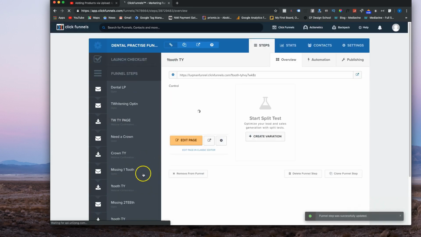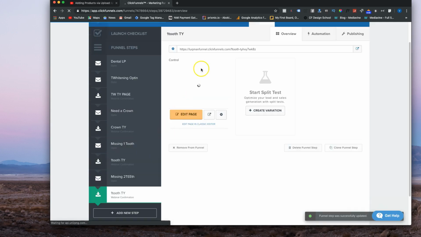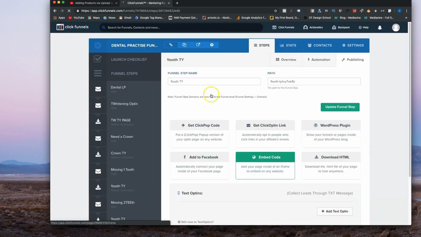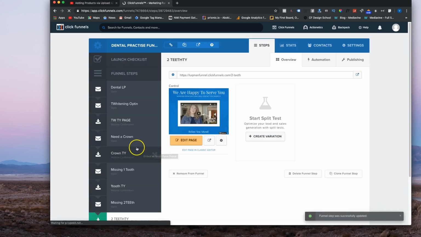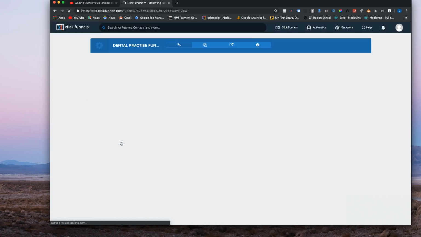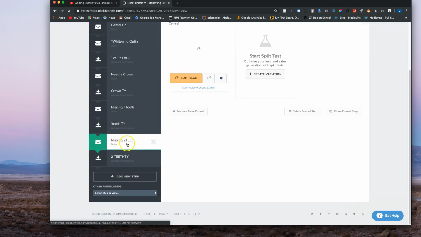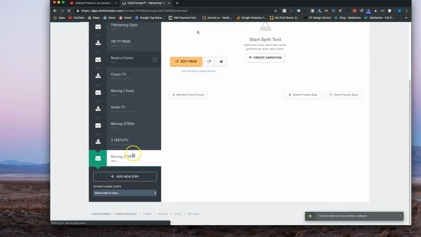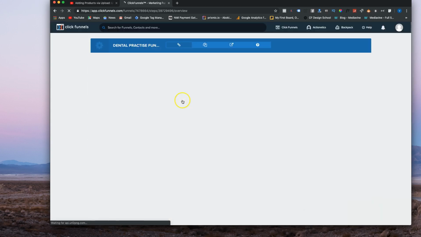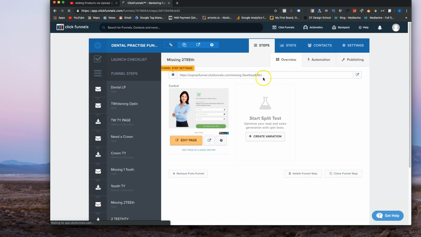All right. We're gonna say change this one to those that are missing thank you page for 2. This one is 2 teeth. Thank you page. 2 teeth. Updates. And last but not the least is going to be those that need new dentures, right? And I'm going to change this right here. I'm going to clone this right here. I'm going to add it to the funnel step. And I'm going to change the name, right, to